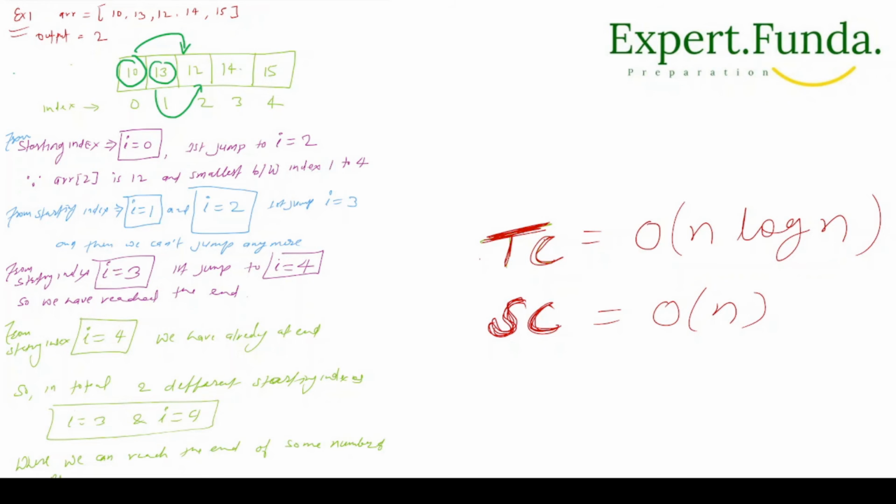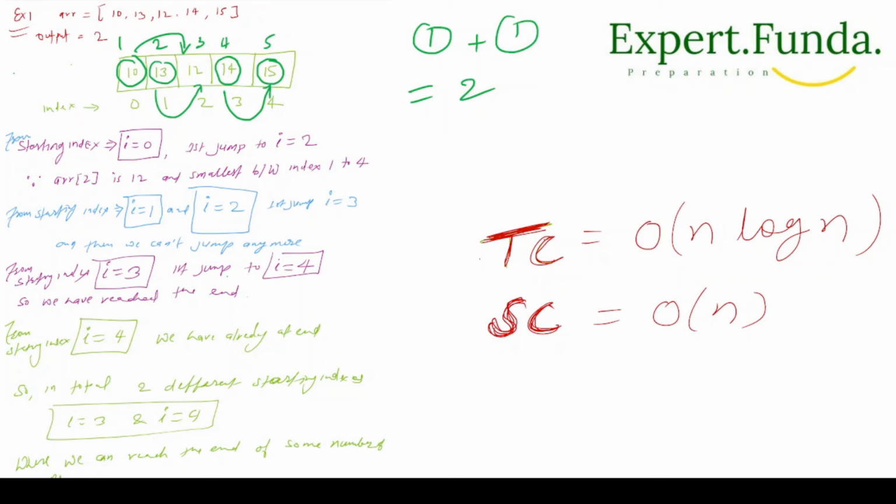Now from 14, this is 1, 2, 3, 4 and the 5th. Now we are at 4, right? We will check the largest one, which is 15. 15 is the largest, so we have got 1 because we reach the end. 15 is already there, so we'll do one more jump. So the total number of jumps is 2, that is the good number we have.